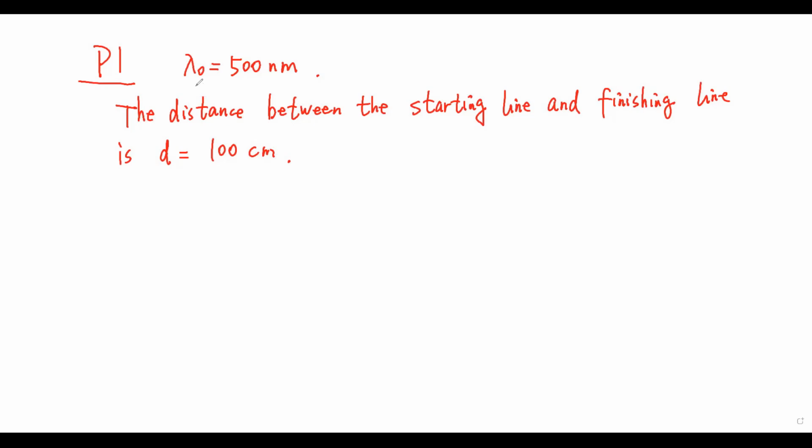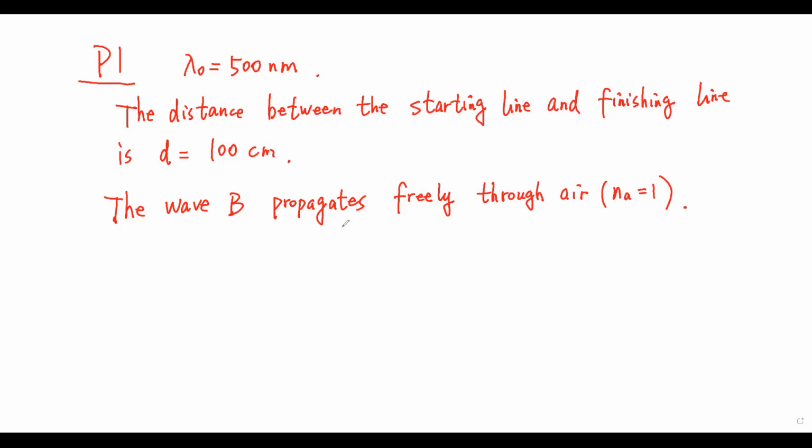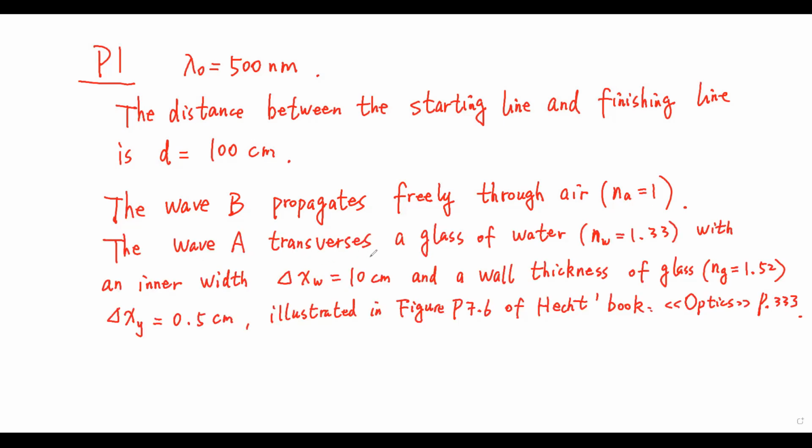Problem 1. The wavelength in vacuum is lambda 0 equals 500 nm. The distance between the starting line and the finishing line is d equals 100 cm. The wave B propagates freely through air. For air, n_a equals 1. The wave A traverses a glass of water with an inner width of 10 centimeter and a wall thickness of glass 0.5 centimeter, illustrated in the textbook figure